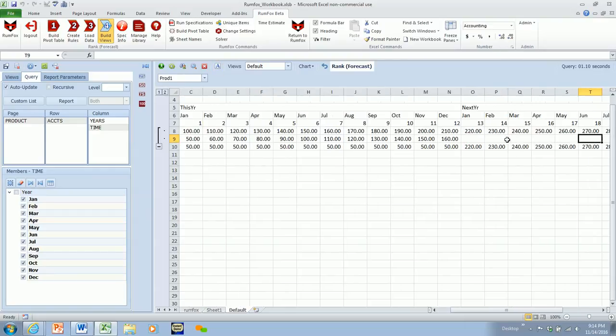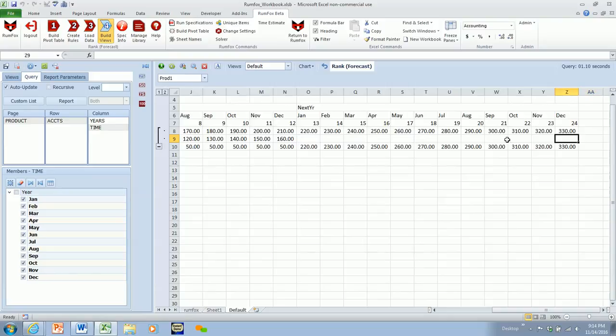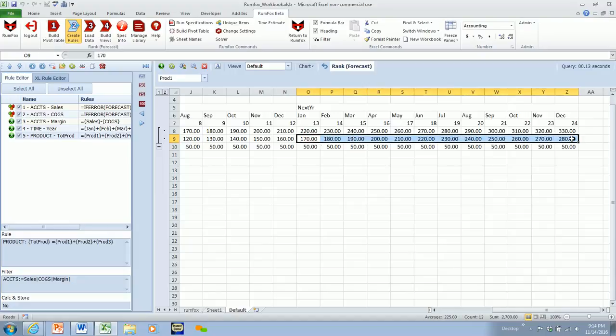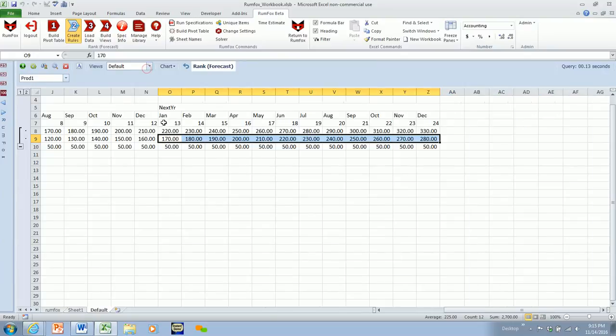But notice cost of goods sold hasn't been calculated. So what we did is we put the data in, and for sales, it calculates every time. But for us, if we run the calcs now and refresh the data, we can now see it dynamically calculating for cost of goods sold. So what does this mean? Basically, let's kind of